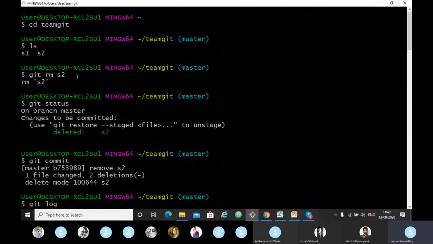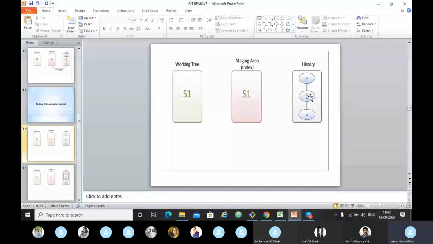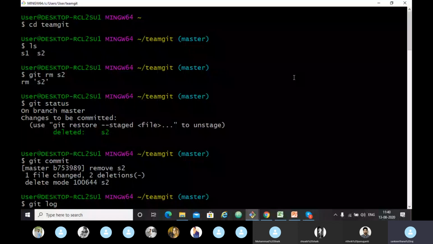The s2 file is not present in the working tree and the staging area, but it is present in the history. The second commit we have made, we have s2. We can just restore it from that. So for that, the command is git log -- s2.